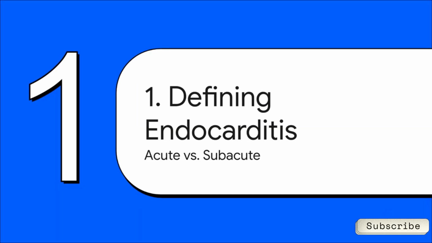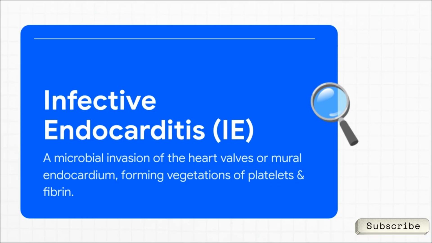Okay, first things first, we have to build a strong foundation, and that means getting a rock-solid definition. You've got to understand what we're actually talking about, and the many ways it can show up, acute versus subacute. So what is infective endocarditis at its core? Well, it's not just some random heart infection. It's really specific. It's a microbial invasion of the heart's inner lining, the endocardium, and it especially loves to attack